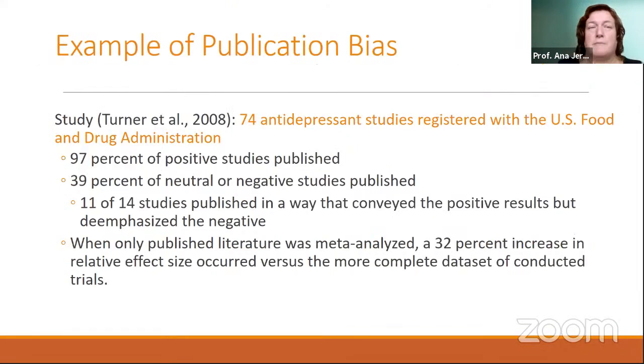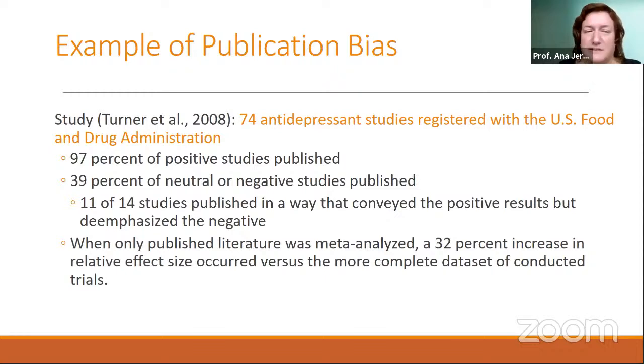So this is an example of why publication bias can really affect a lot of results. This is a study on 74 antidepressant studies that were registered with the FDA, and researchers went through their documentation, so results of all the clinical trials that were submitted to the FDA. They found that 97% of positive studies were published, but only